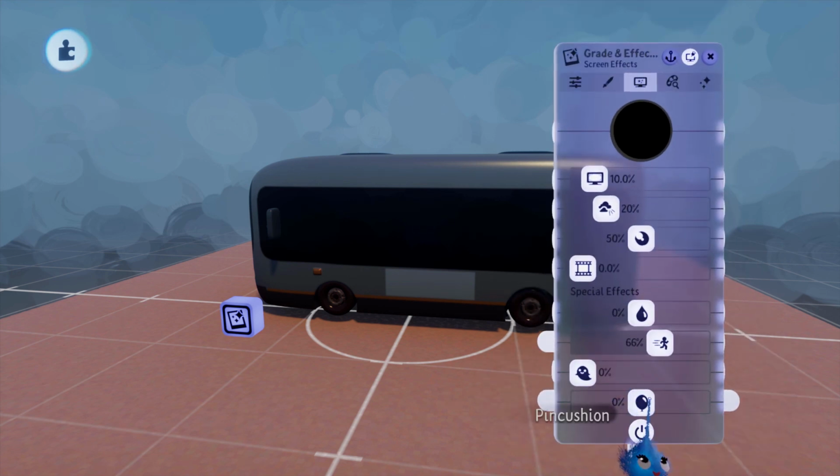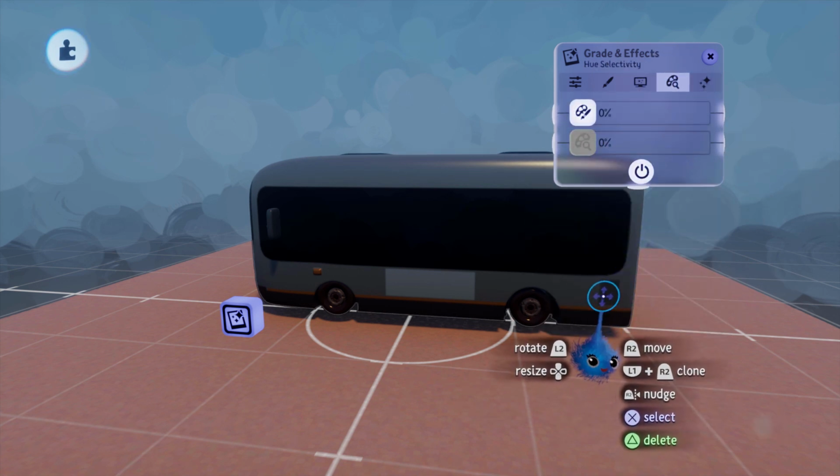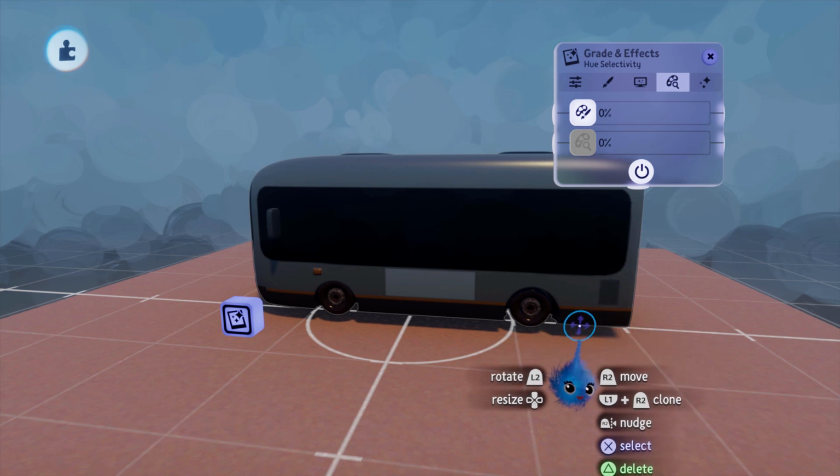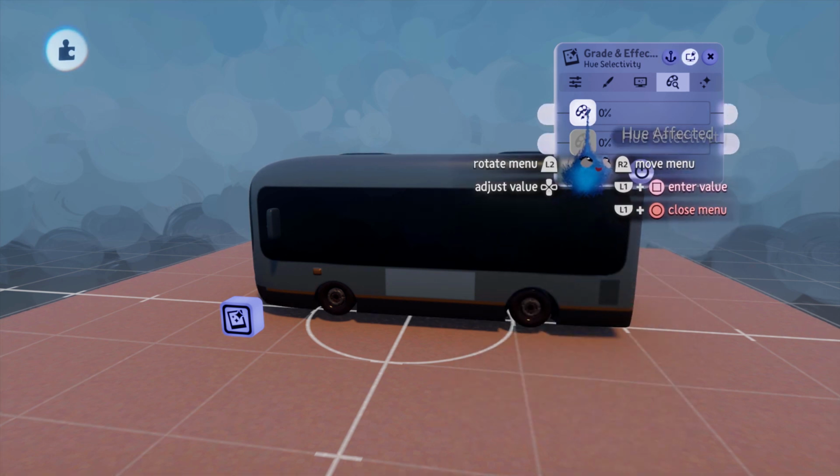Again, it's an effect that you might use if you're going to put something weird on, like a music video or something, but for normal day-to-day stuff, you probably won't even touch that. Hue selectivity. Now, I haven't quite managed to work this one out. It's to do with